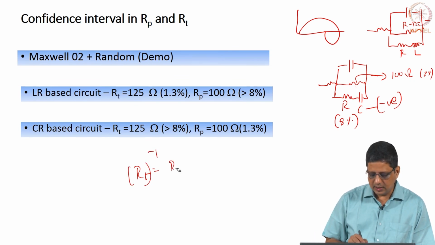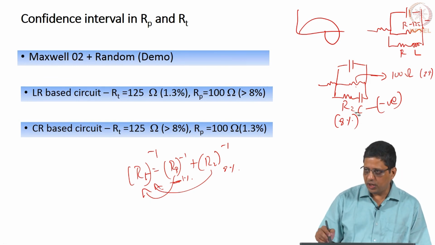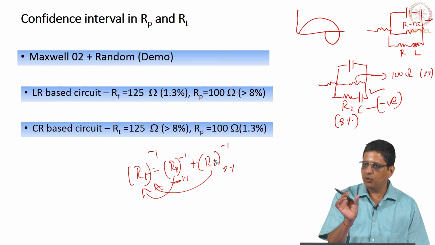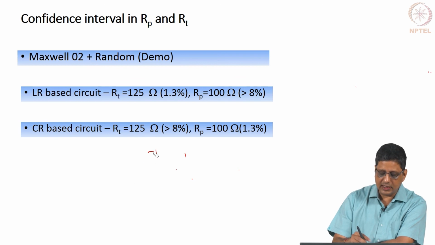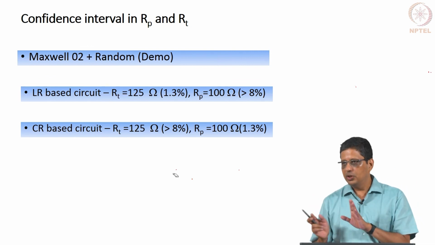So we will say RT inverse is RP inverse plus R2 inverse. If I am confident about this value within 1%, and this is 8%, I have to do it correctly. I can say this contributes mostly and this contributes less, but when you do it in one form, meaning capacitor based, you have to do the weighted averaging and say even though this element has a lot of error, for the total calculation it does not contribute much, therefore I am still confident. What that means is that when you look at real data and analyze, you have to look at the confidence interval for the parameter values to know whether your circuit is good, or whether you have to add one more element. You have to do it with care.